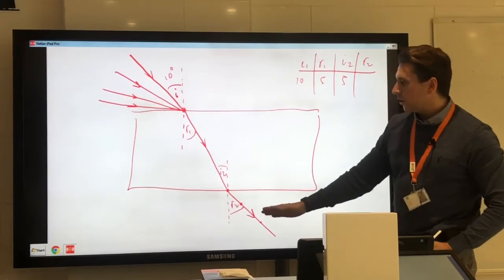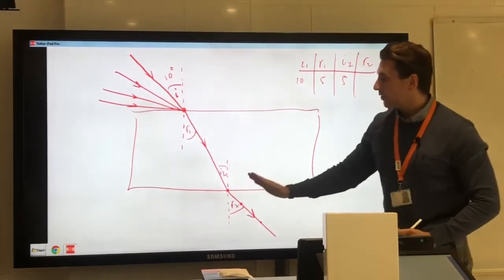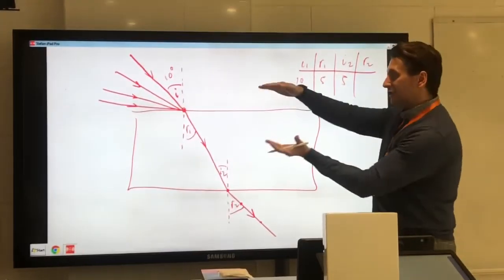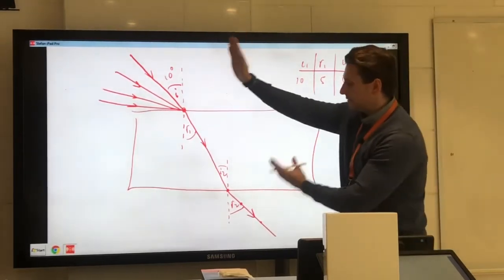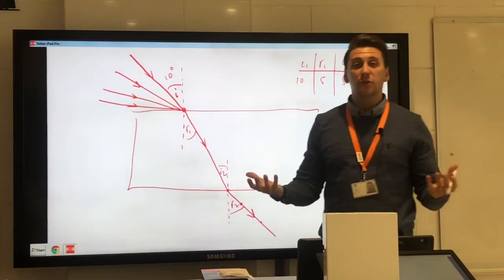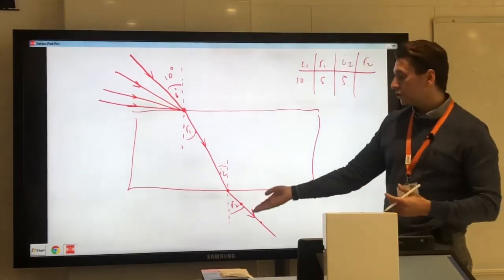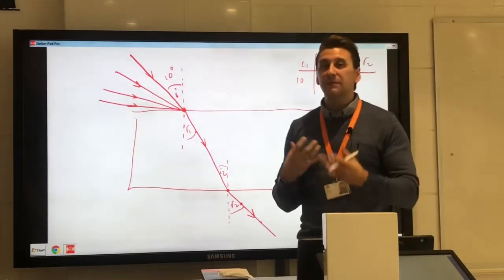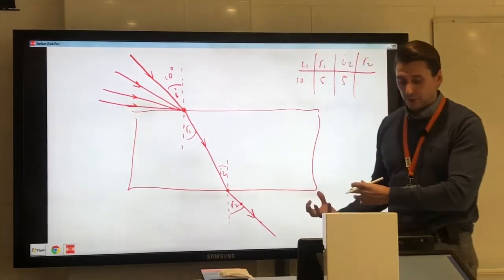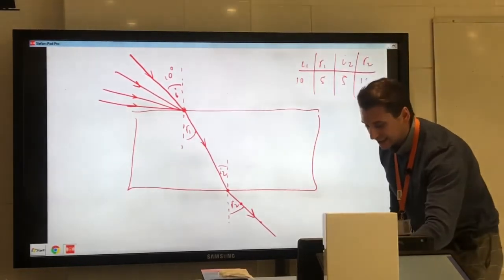This light ray we know should be parallel to this one simply because these 2 boundaries are parallel to one another. So because they're parallel to one another, the ray that enters and the ray that leaves should also be parallel to one another. So the angle here should be the same as here, but again, things can happen in an investigation, accuracy might not be 100%. So I'm going to measure it with my protractor, I'm going to check, and I'll say in this example, yes,